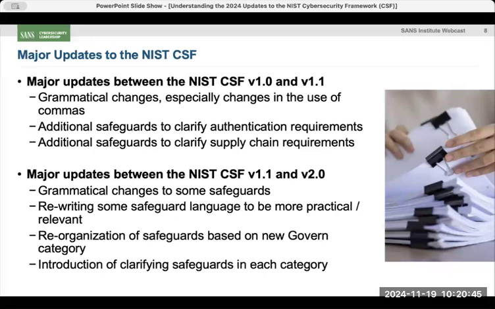And then the second thing that they did was they went through and clarified supply chain requirements. If you remember back in 2018 when the new update came out, there was a lot of focus on things like counterfeited Cisco routers and supply chain attacks that were taking place in the federal government, not necessarily as much in the private sector at that point. That comes years later. But in the federal space, there were lots of examples of these supply chain attacks, and that became a bit of an issue. So they added a couple of statements about supply chain security, really what we'd probably call third-party risk management today.